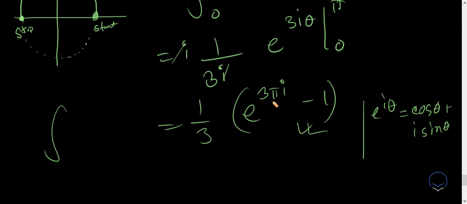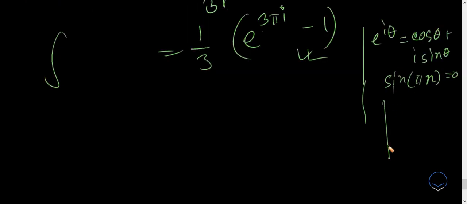Obviously you can see that when this 3 pi goes into the sine part, that is sine 3 pi, we know that sine n pi, when n is an integer, is 0. So the cosine is again either plus or minus 1. If you don't want to use a calculator, you can just draw the cosine curve. This is pi by 2, this is pi, this is another pi,